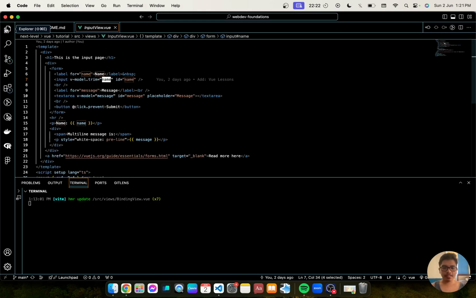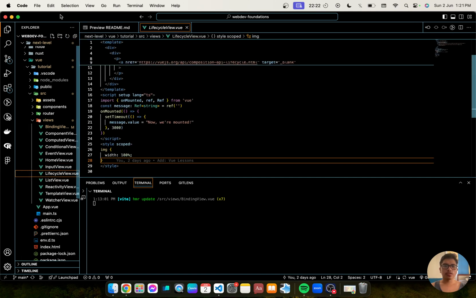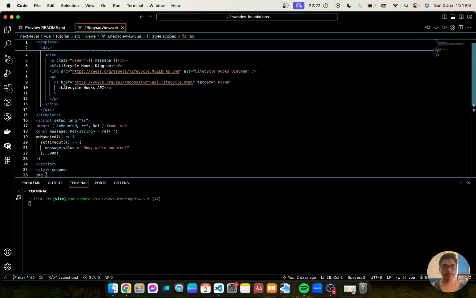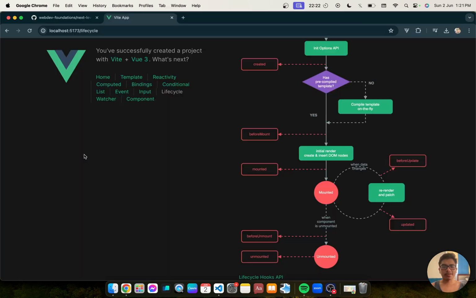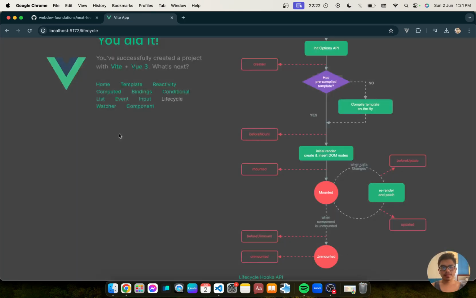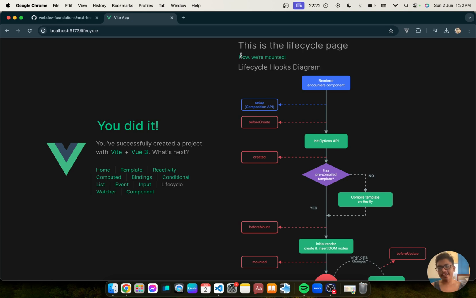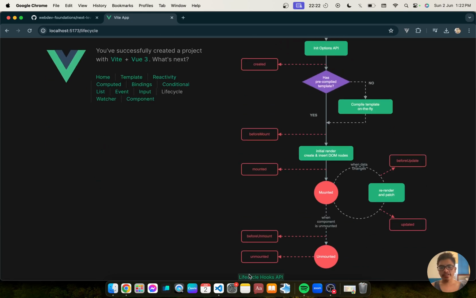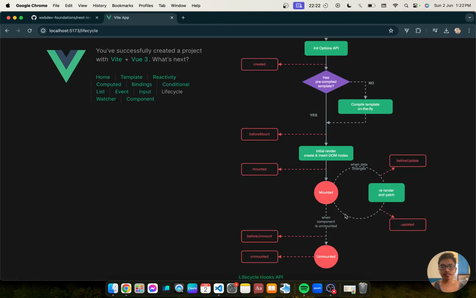So we have here the lifecycle, there we go. We've used the mounted lifecycle. As you can see here, after 3 seconds, we can now view, now we're mounted. So let's check that. 1, 2, and 3. Now we're mounted. Okay? So you can view the other lifecycle hooks apart from mounted in this documentation.